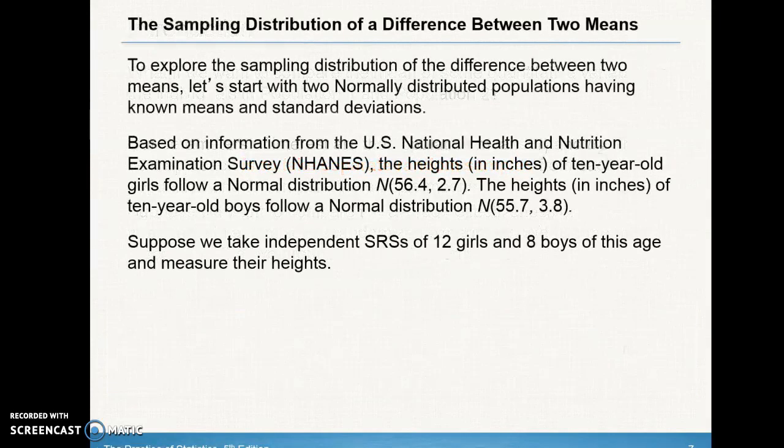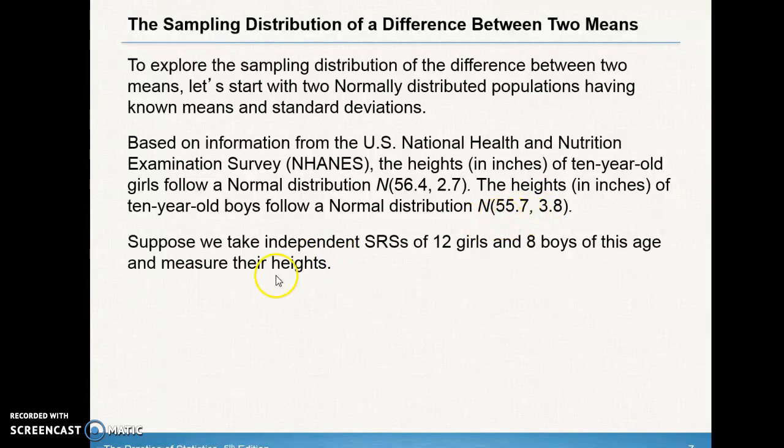So just make sure you're labeling everything with your 1s and 2s to keep the two different populations or treatments separate. Okay. All right. Now, in order to explore the sampling distribution of the difference between two means, let's start with two normally distributed populations having known means and standard deviations. Based on the information in the U.S. National Health and Nutrition Examination Survey, the heights in inches of 10-year-old girls follow a normal distribution with a mean of 56.4 and a standard deviation of 2.7. The heights in inches of 10-year-old boys are approximately normally distributed with a mean of 55.7